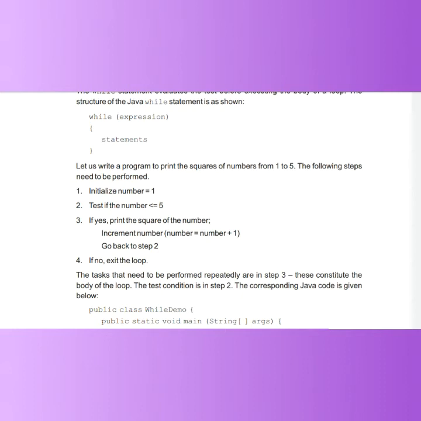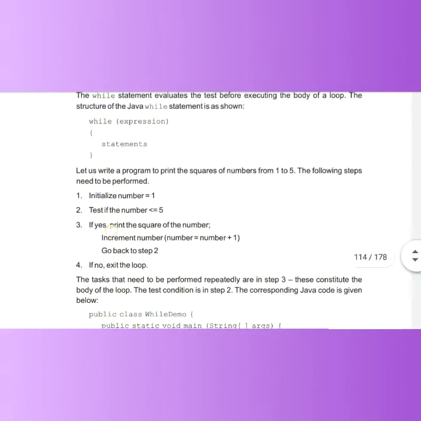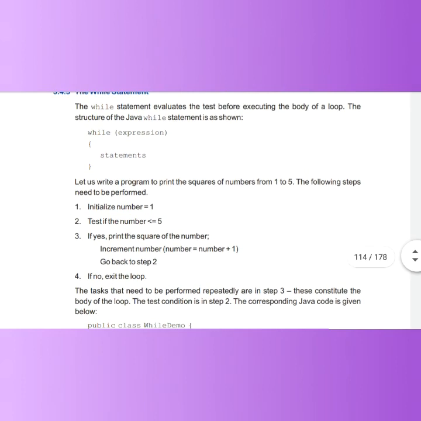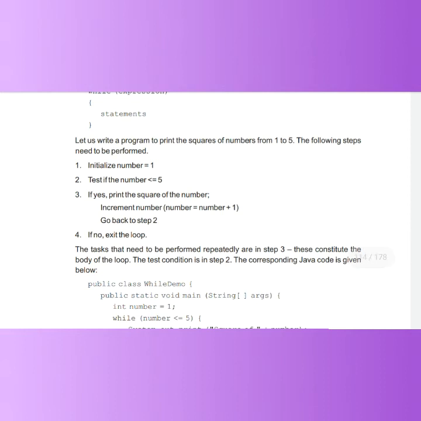Equal to 5 means the number 5 itself. Third step is, if yes, means if this while condition is true, then after executing the square of the number, it will increment the number. And if the condition is false, means if any number is greater than 5, it will exit the loop.